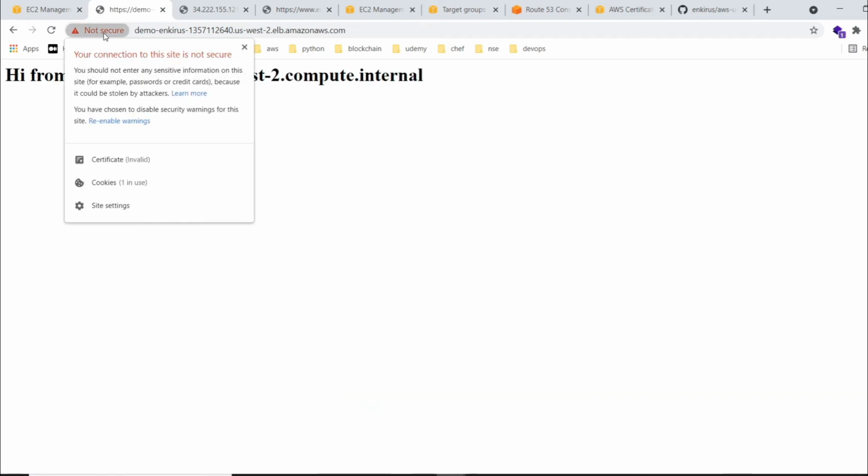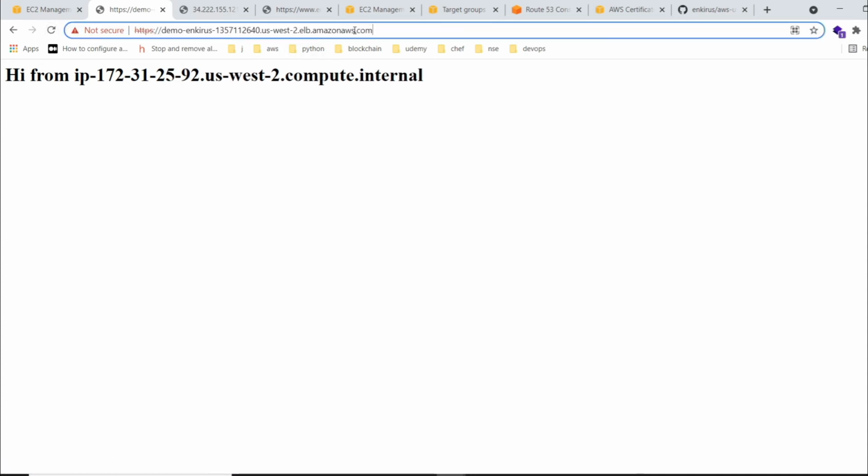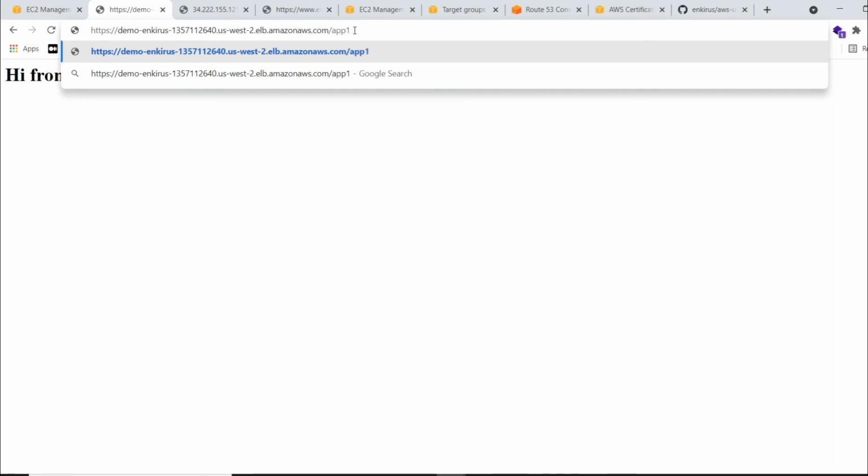See, now as the certificates are domain bound, it's showing us not secure. Now if we refresh this, and this is on port 80 we are checking. Okay, now we'll just go to -app1. Let's see if it's configured now. Yeah, as you see this, right,